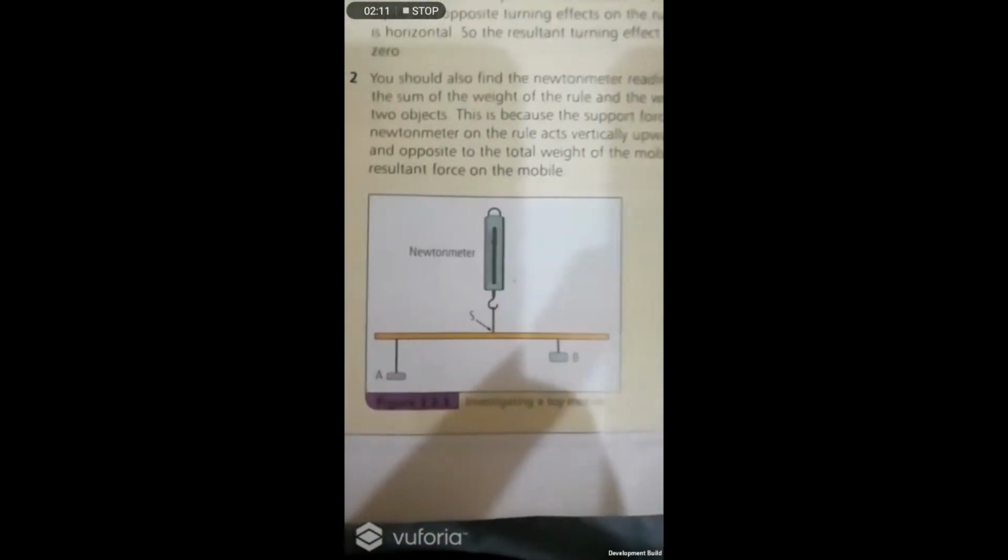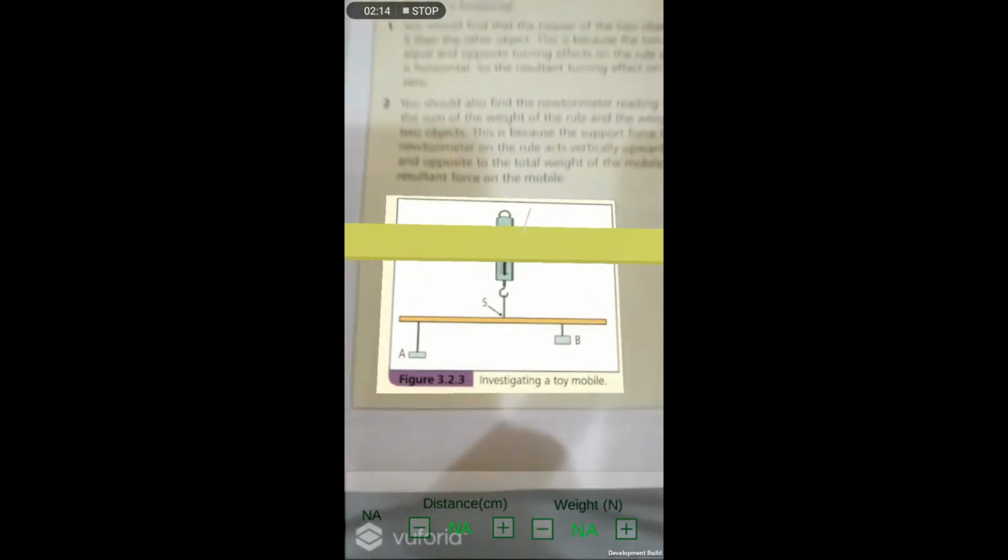Once I point the camera to the experiment, the student can visualize the experiment in 3D. This experiment has two objects, A and B, which are on a rule, and the rule is connected to a Newton meter. The student can play around with each object to apply the principle of moments and see what is the impact of changing the weight of each object on